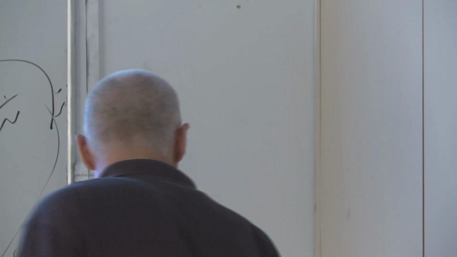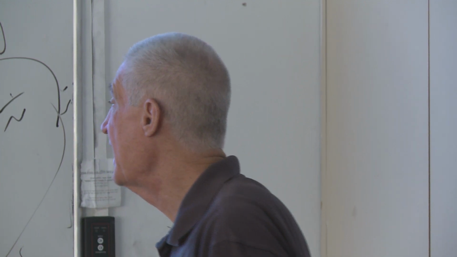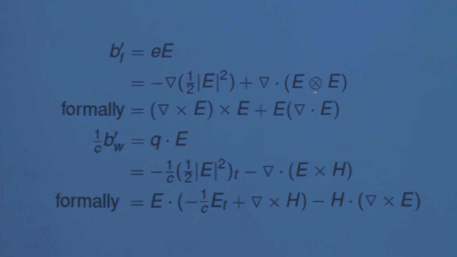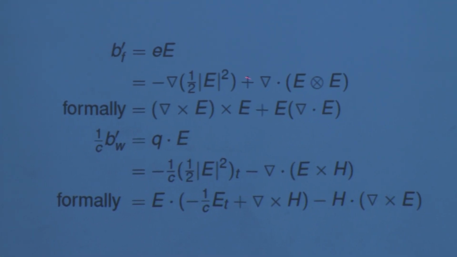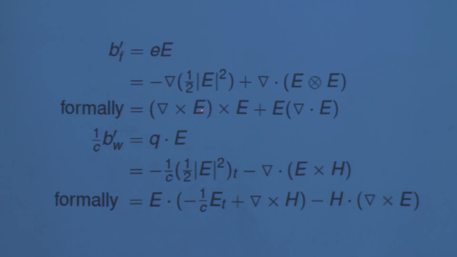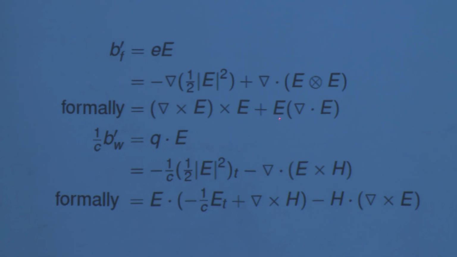Again, we get the momentum and energy of the electromagnetic field, which assume familiar forms. Some of the terms come from the Lorentz symmetric term. These equations are formally obtained by just taking products of the primitive equations with, in this case, the electric field, with a similar expression for the work of the electromagnetic field.